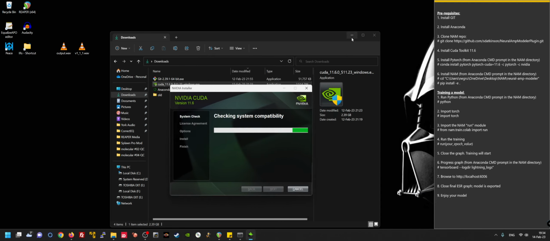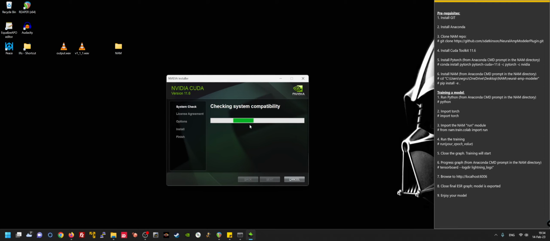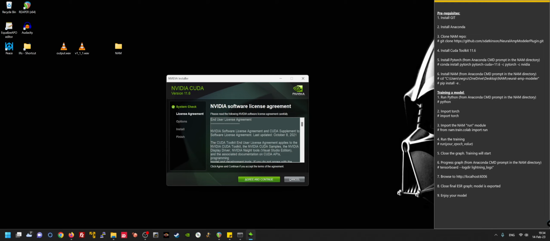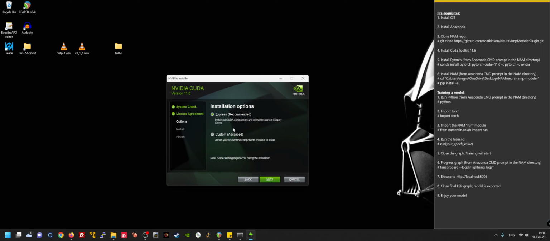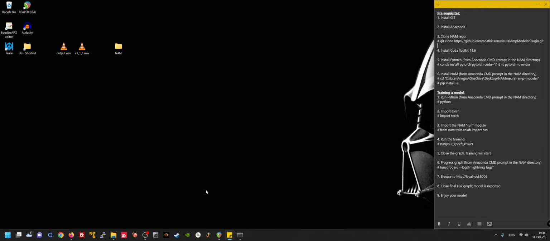For the sake of it, I'm just gonna show you how it is. You agree to the license terms, express. You acknowledge that there's no Visual Studio integration, and you just click next, install, and it's gonna finish. So make sure you don't cancel what I did. I mean, I already have it installed. Right, so